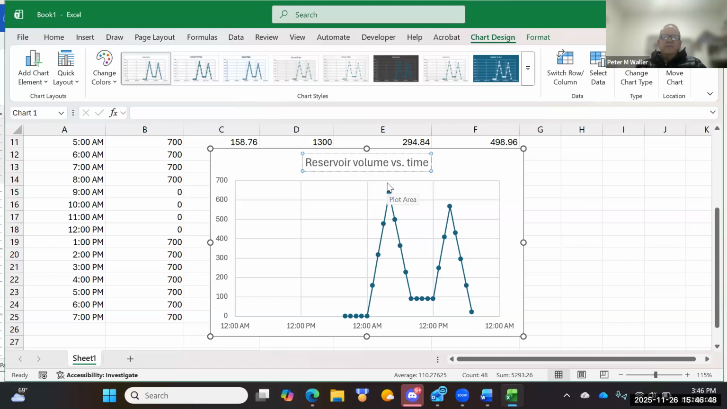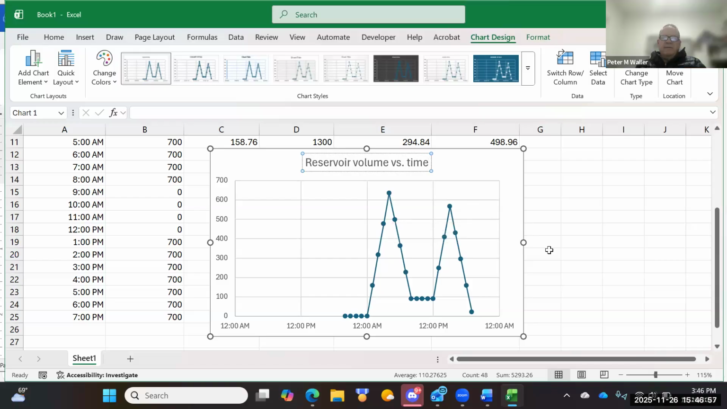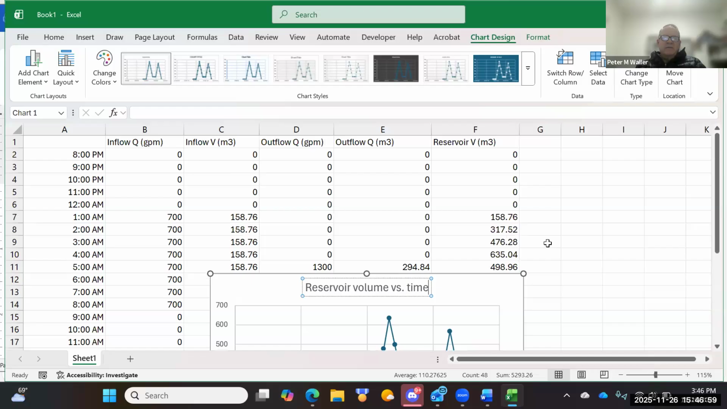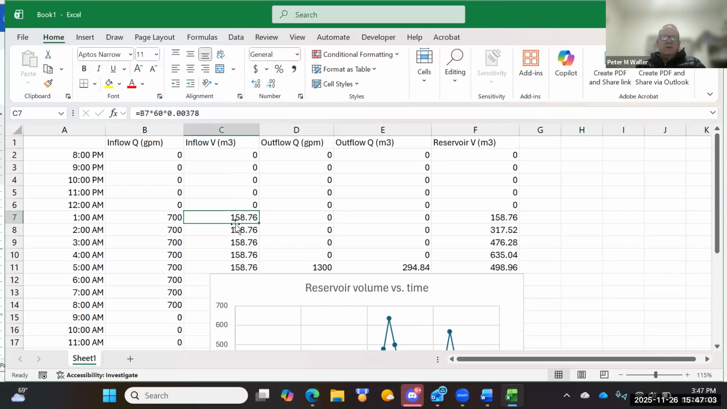in the reservoir. Hey, Dr. Waller, can you zoom out a bit? My values aren't matching yours. Okay, glad you brought that up. So you want to look at this equation? Yeah, I can't